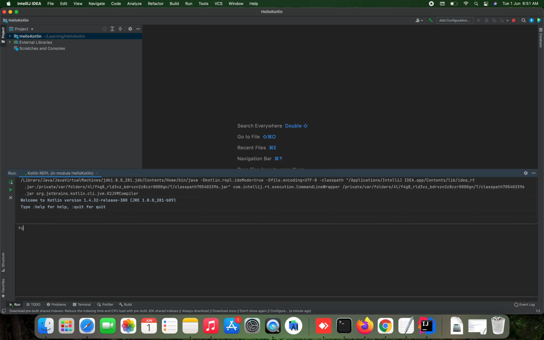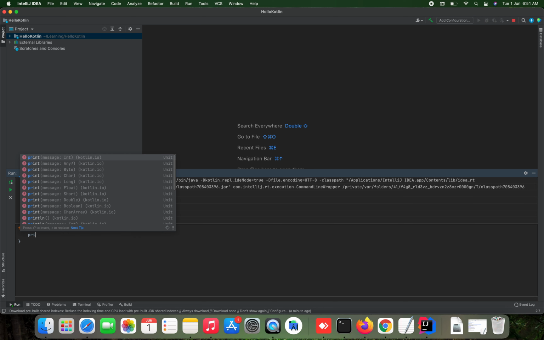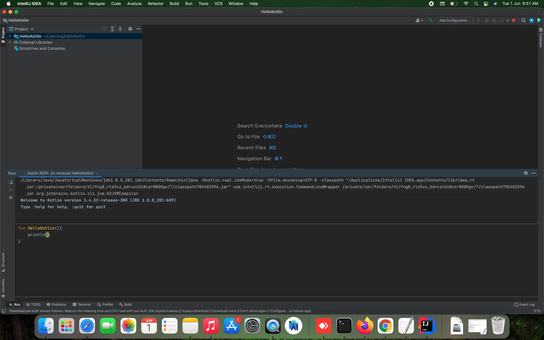Let me write some sample code here. For example, I'm writing a function. I'm just printing it. Okay, so now I have written a function.